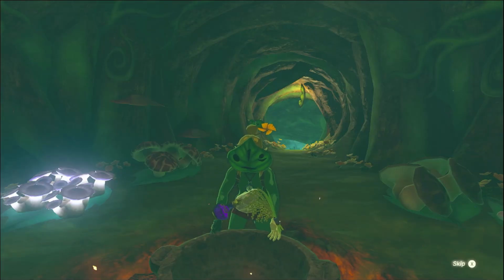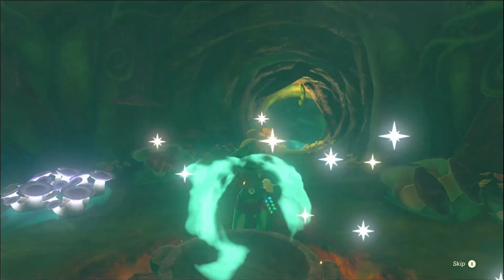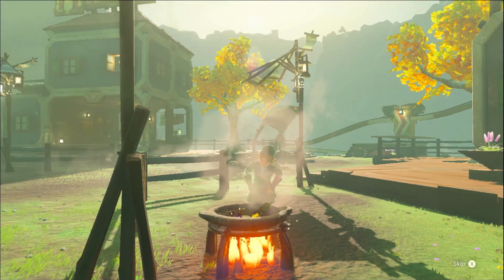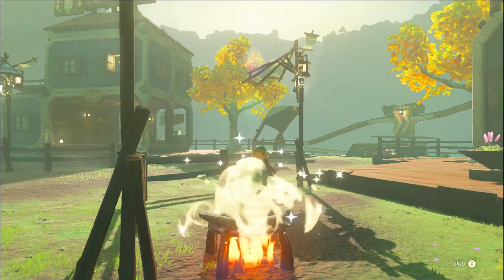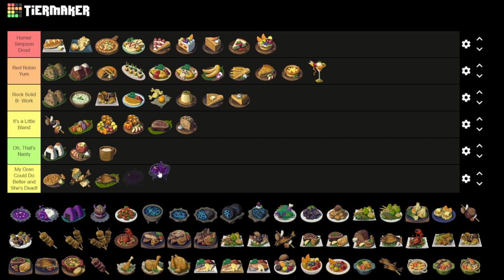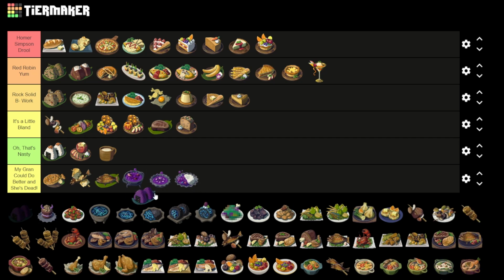Binging with Babish made ube the monster extract stand-in because of the purpleness. And if ube was monster extract, then I would absolutely place these really high because ube's good and not too overpowering of a flavor. That being said, I don't know. I can't say, oh yeah, monster extract's ube because that would be cheating. I don't know that for certain. I'm gonna put these in the bottom tier just simply because I don't know what they would taste like,